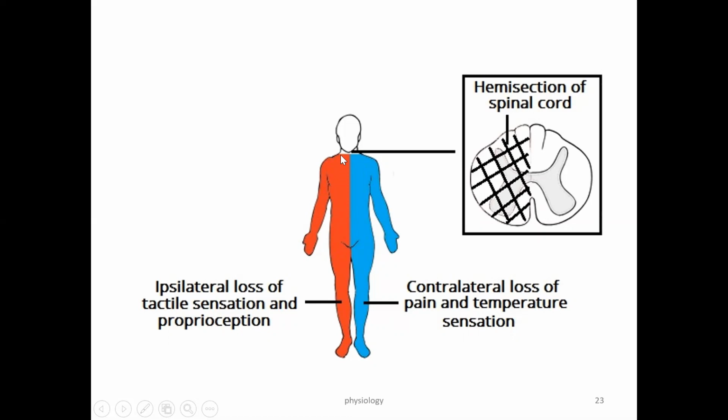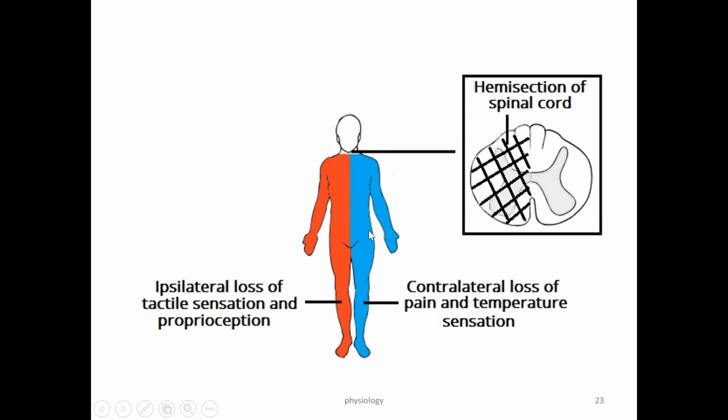lost on the same side. Okay, that is called ipsilateral loss of tactile sensation. Now, why does this happen? Because of crossing. Right-sided sensation of fine touch, stereognosis, vibration, two-point discrimination, and localization is carried up to the medulla, and then in the medulla the crossing takes place. That's why if there is damage on the right half of the cervical vertebra, there is a loss of sensation on the same, ipsilateral side.